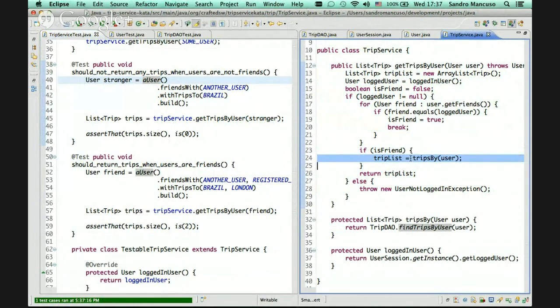However, this branch of the code does nothing. It just delegates to the trip DAO. So there's nothing that I can do there really for now. So I go to the second deepest branch. That is this one. So this one is an interesting one because, if you look at what this code